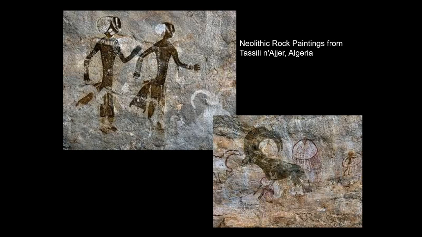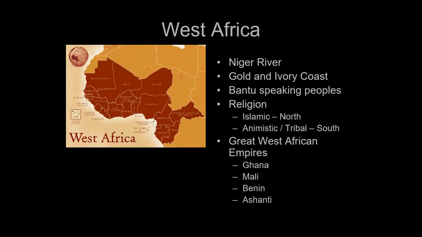So some of the earliest art is being produced in the world by Africans. Let's talk about West Africa. West Africa is, of course, the regions we call the Gold and the Ivory Coast. They're called that because their main trade items were gold and ivory, which they had in abundance, which meant that they were extraordinarily wealthy. The other big thing they traded in was salt. And so those three raw commodities made these some of the wealthiest kingdoms in the world.